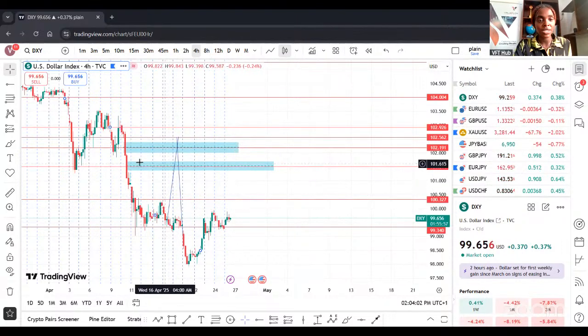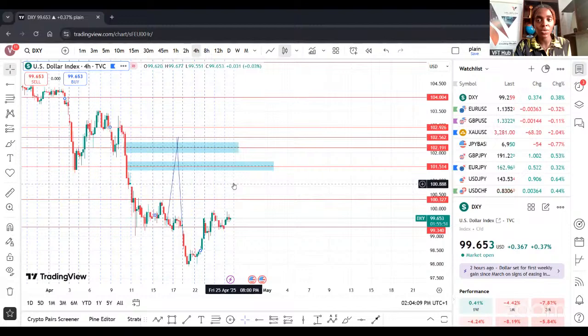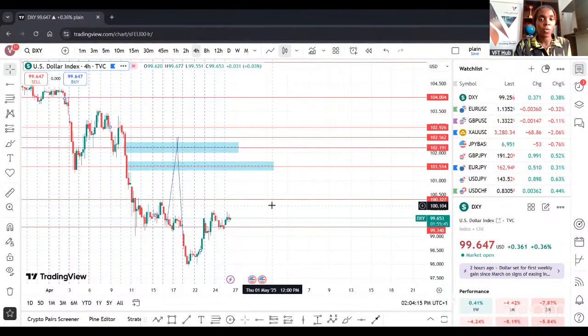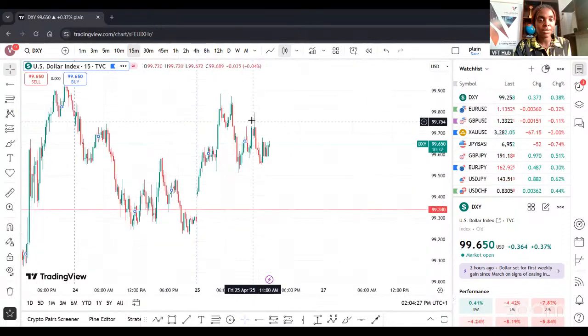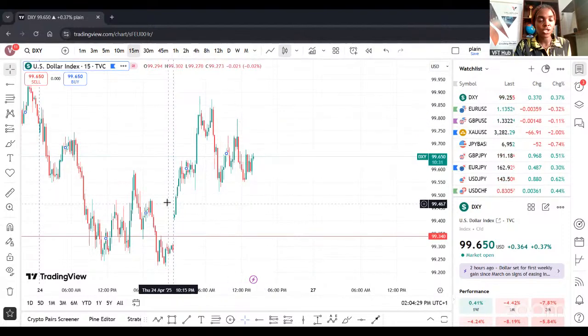I want to see price retracing into either of these points of interest. This fair value gap right here at 101.514, or further into 102.191. So these are various points of interest at which I want to see a retracement of the DXY. And on the 15 minutes time frame, pretty much